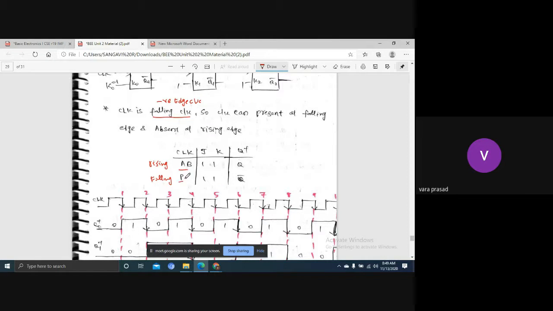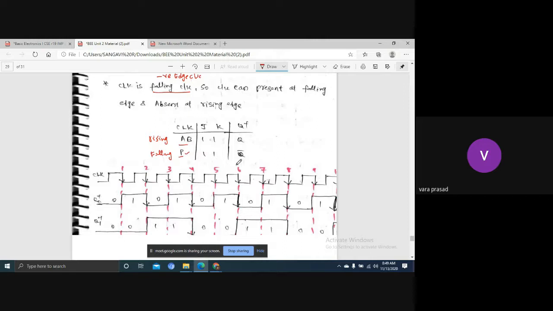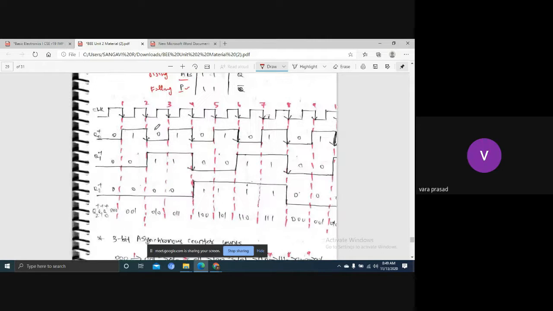Now the clock is present here. With 1, 1, we get the next state output as the complement of the previous state. Sorry, the complement of the present state. Now, see here, this is the operation with the help of waves. I take it as a clock sum. More than 8 you can take; 9 or 10 I can consider.